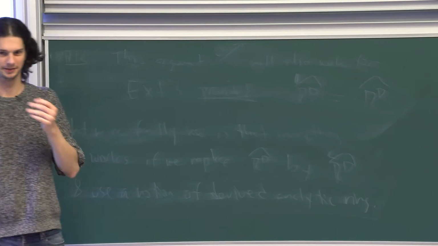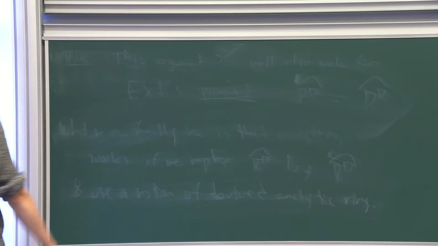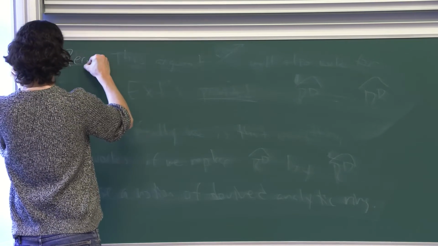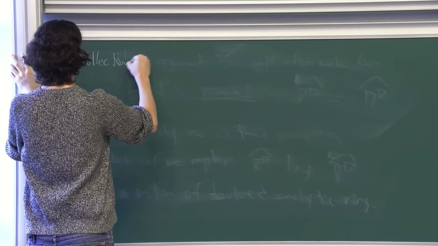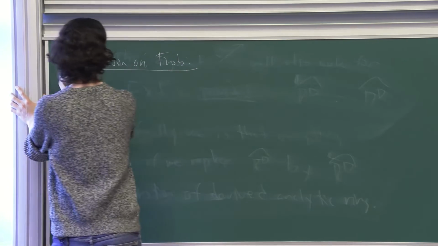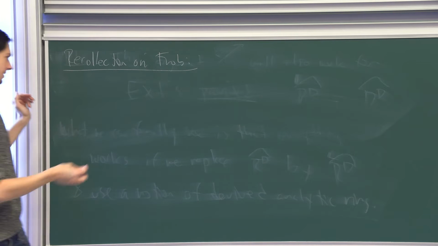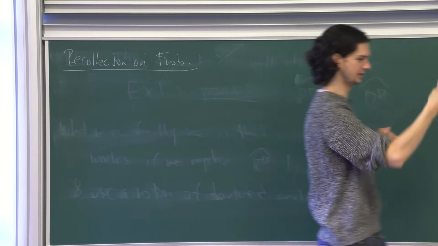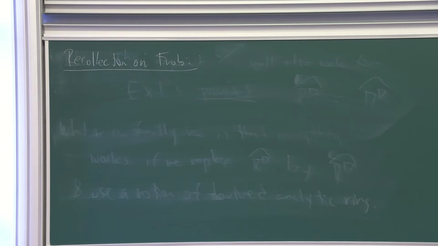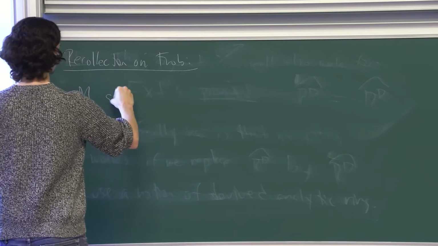So now let me recall, just in pure algebra, a little bit about the Frobenius. Recollection on Frobenius. So Frobenius is a map of rings. I said it's a map of rings from R to R mod P. But actually, in some form, it exists for an arbitrary abelian group. So if M is an abelian group,